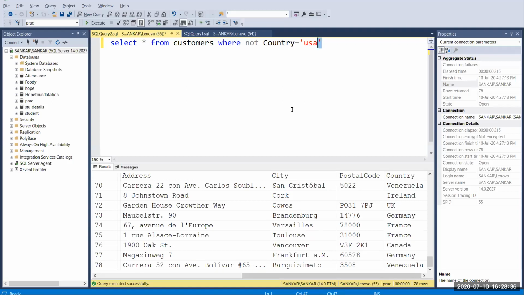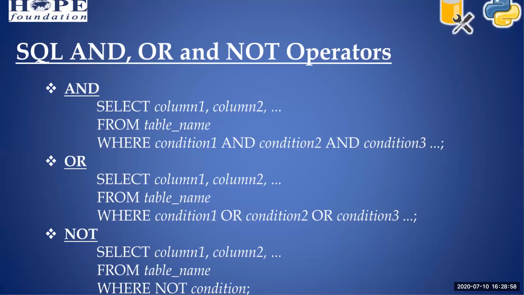If I want to print the remaining records, the opposite of my condition, I can use the NOT operator. So this is the difference between these three operators. Let's see the next topic.